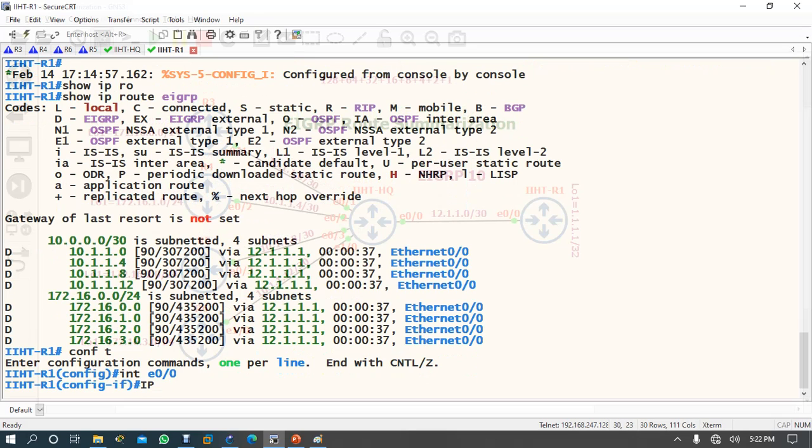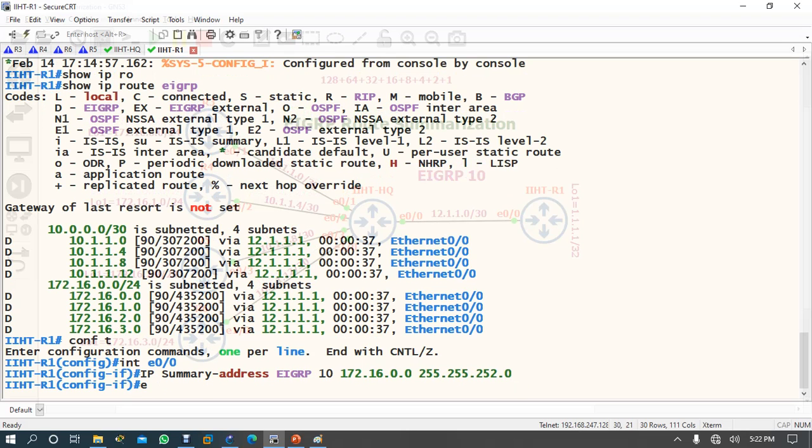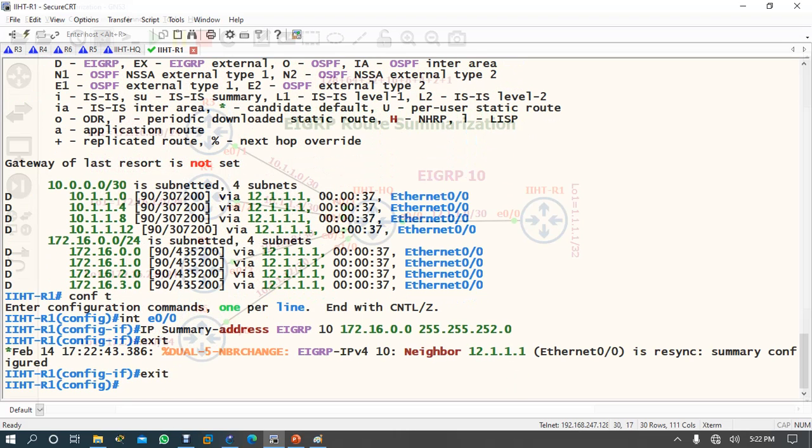Right here, ip summary-address eigrp 10, and you have to write 172.16.0.0 255.255.252.0, enter, and then exit. Okay, refresh, and now come.